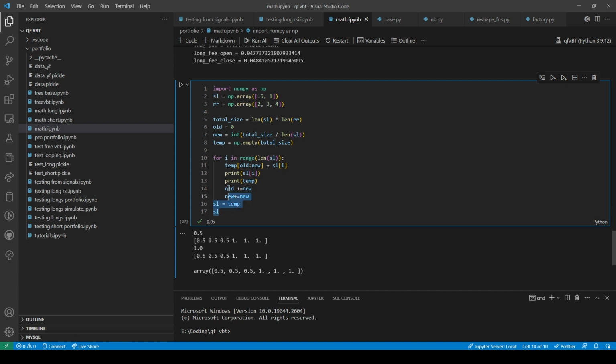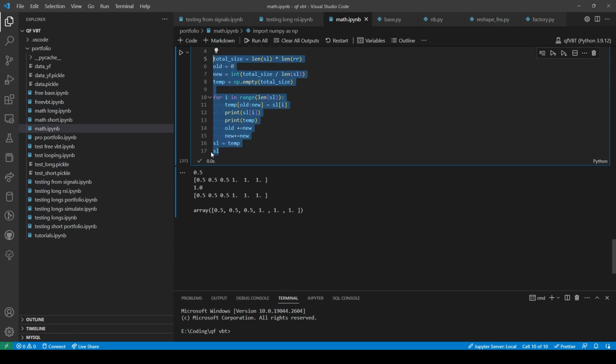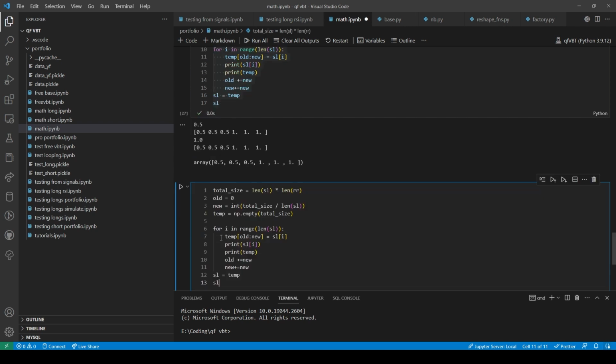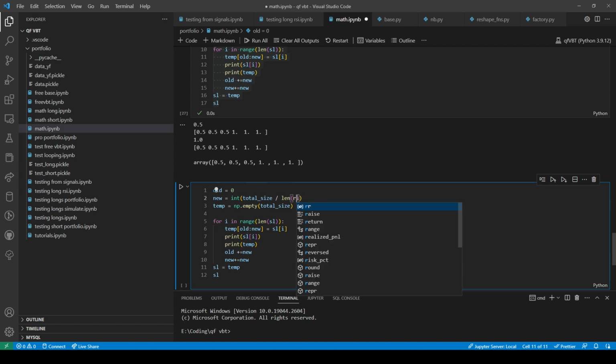And so now if we applied this same exact stuff down here, we don't need the total size. So now what we would do next is RR, and we'll just delete temp.